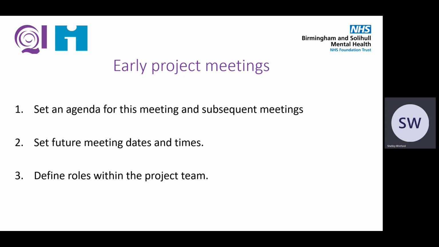Roles and responsibilities. Establishing who is doing what from the outset is essential if you want to avoid the project lead doing all of the work. Key roles include the minute taker, someone who keeps a record of discussions and actions, the data person, someone who collects data for your family of measures, comms lead, the person who is going to keep the rest of the ward or team up to date with the project, and the Life QI lead, the person who will maintain a record of the project on Life QI.